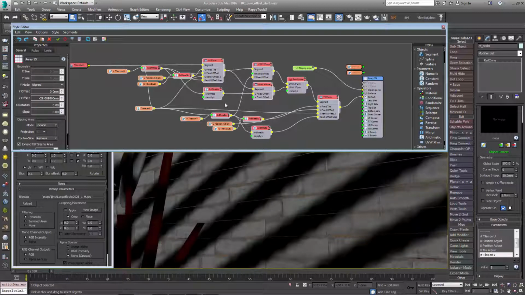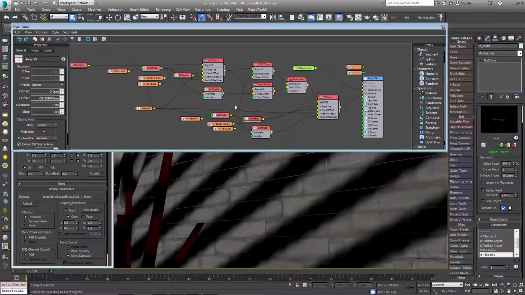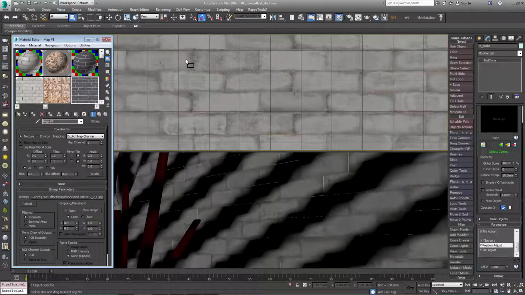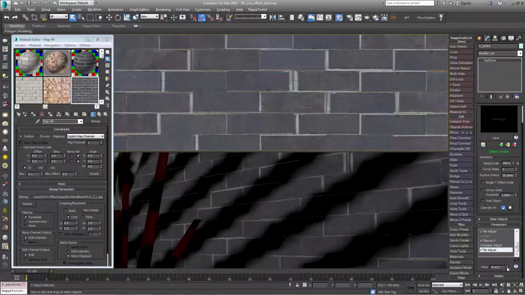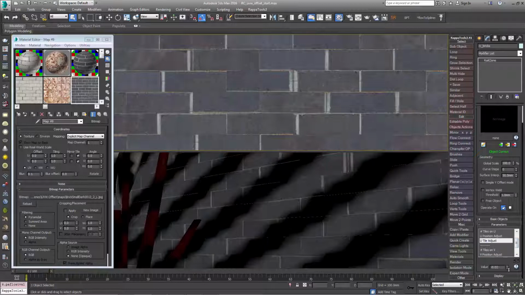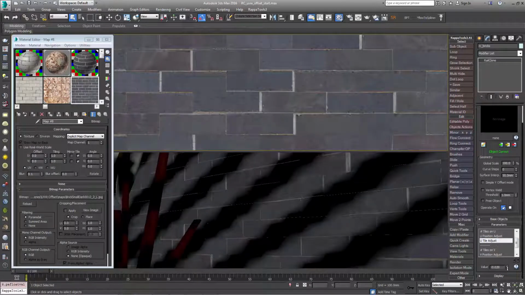And because we've exported so many parameters, it's easy to adjust them directly from the modify panel without needing to open the style editor and alter the graph. Using these techniques, you should be able to use the UVW Xform operator to help extract regularly spaced elements from tiling textures and minimize the amount of work you have to do slicing and preparing your maps in Photoshop.